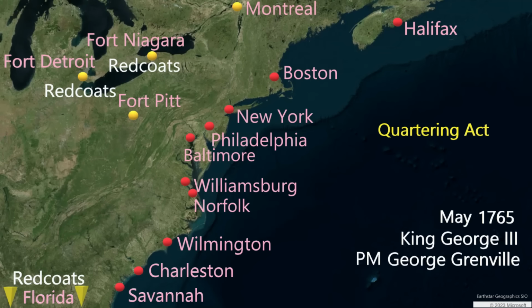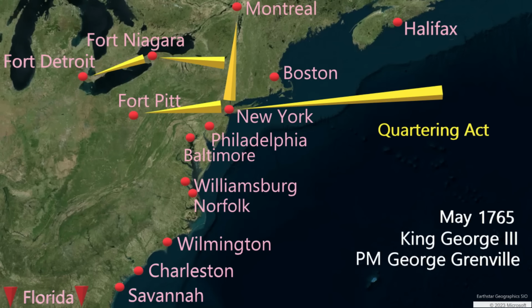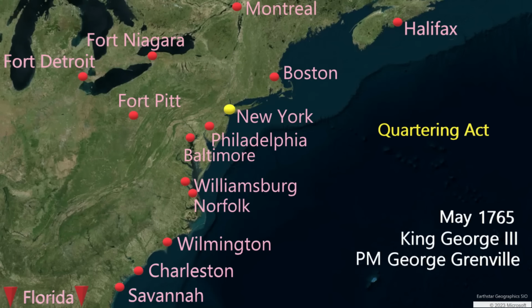From Parliament's view, all that is being asked is that the colonies help house and supply the soldiers that are protecting their borders. New York City serves as the arrival port for the Army, a staging point from which the armies will then be deployed to the frontier forts. It's in New York City that trouble is brewing over the Quartering Act. The public's displeasure with the presence of redcoats will soon reach the New York Assembly. Meanwhile, the Stamp Act is set to go into effect later that year in November.